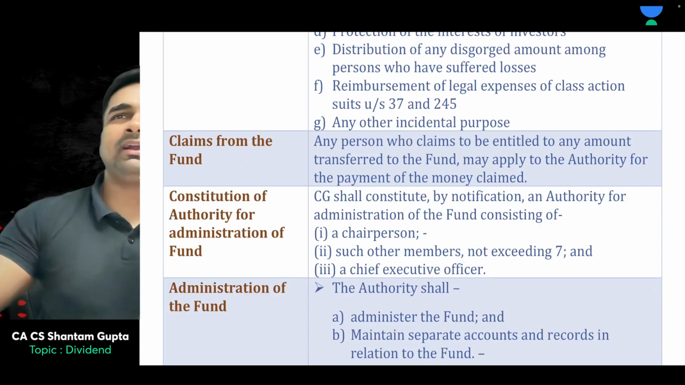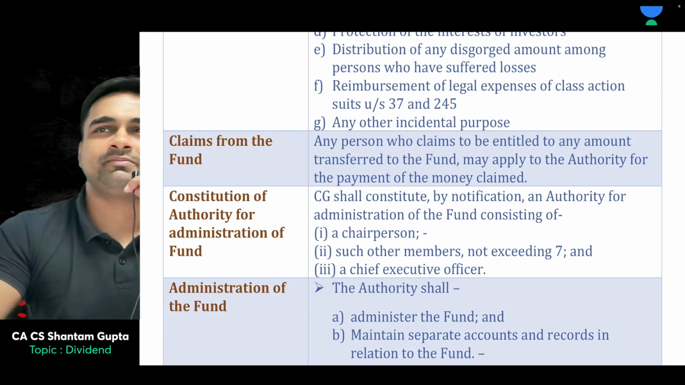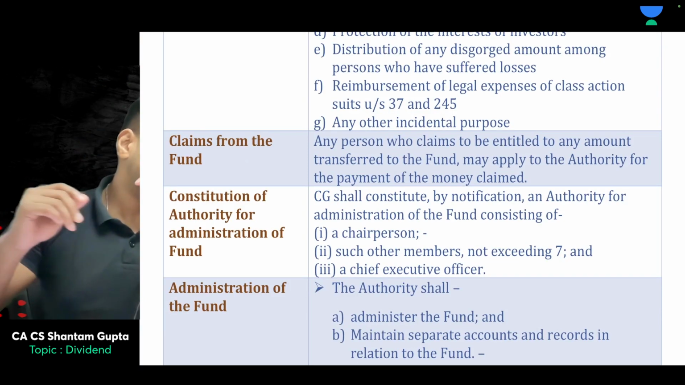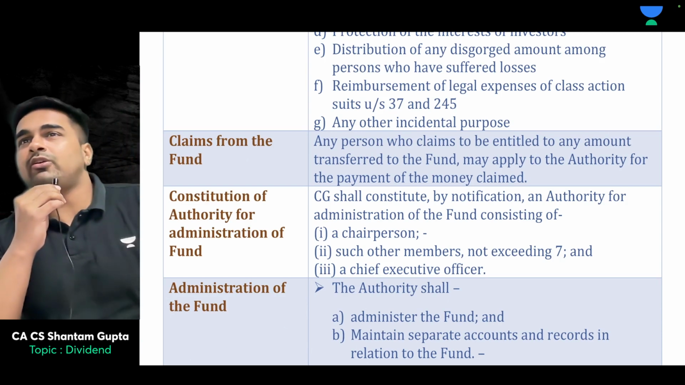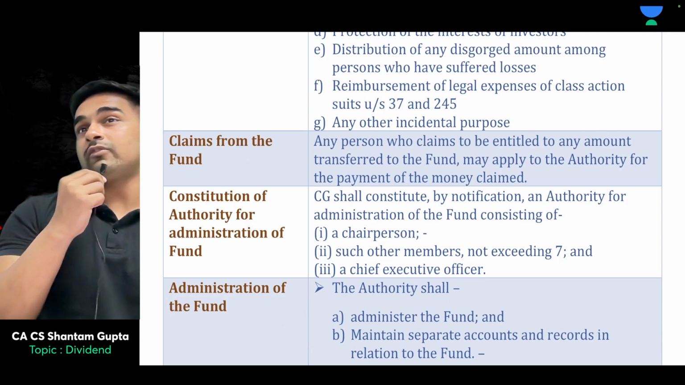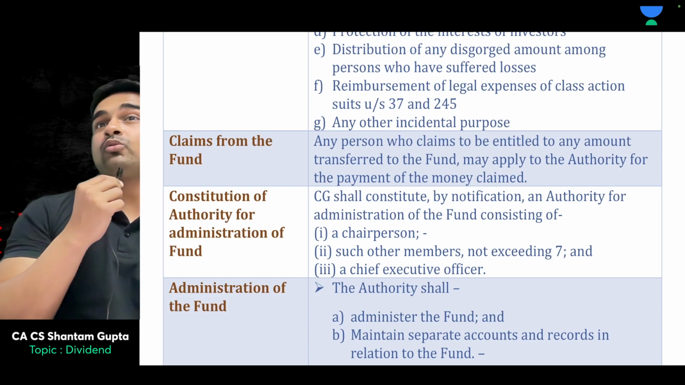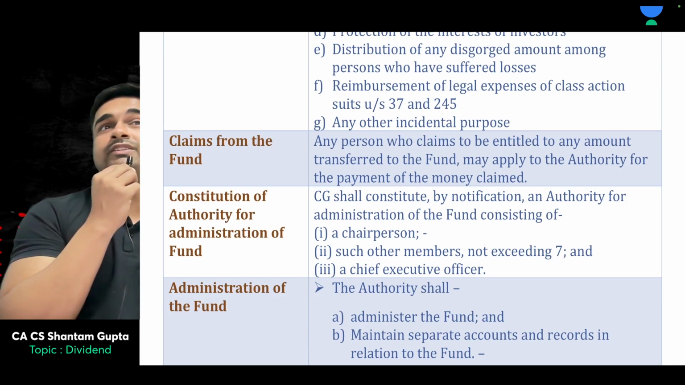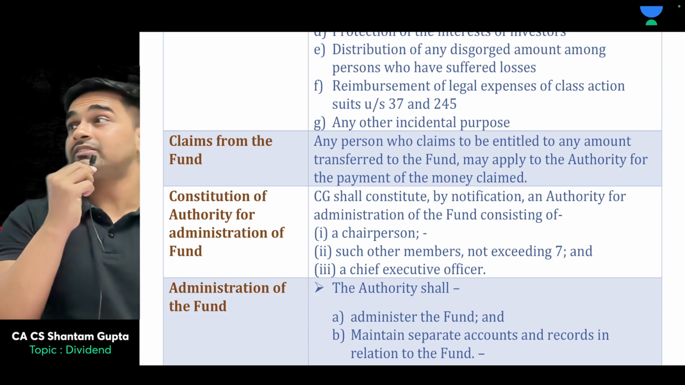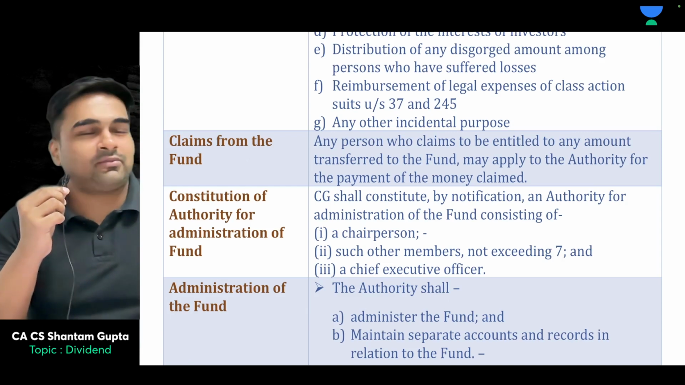You remember class action under section 37? Class action. Now understand there are 1 million shareholders, but all of them are poor. They do not have enough money to engage the services of a lawyer. So some lawyer, this man,